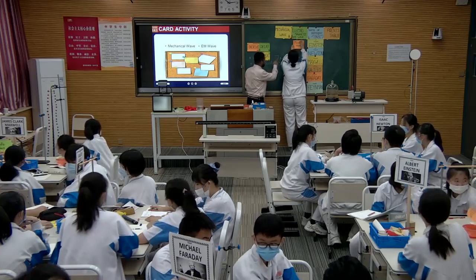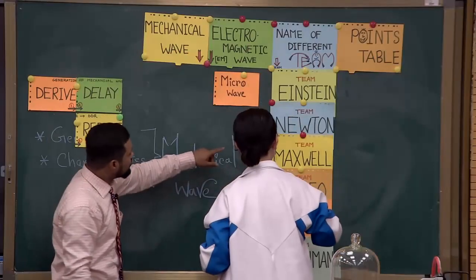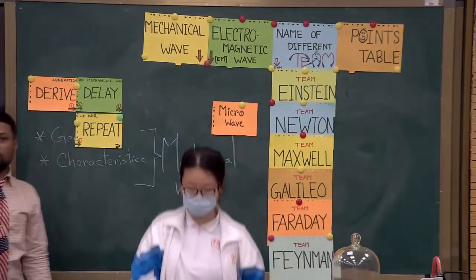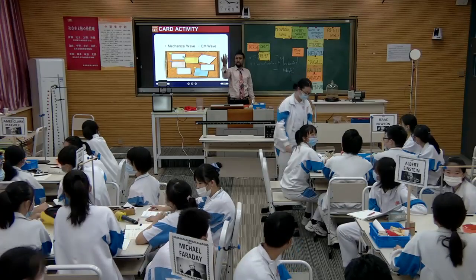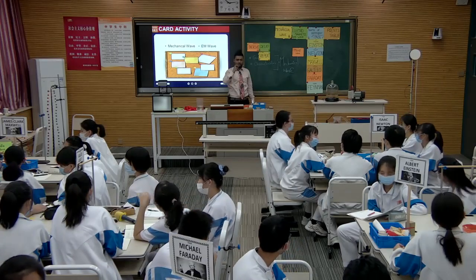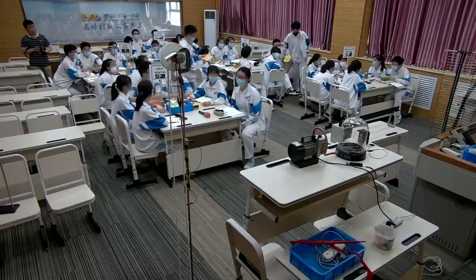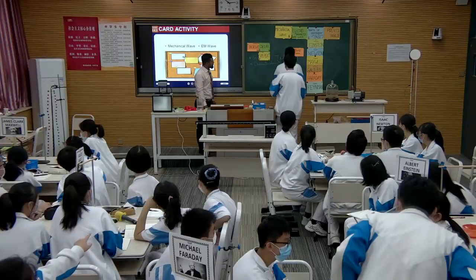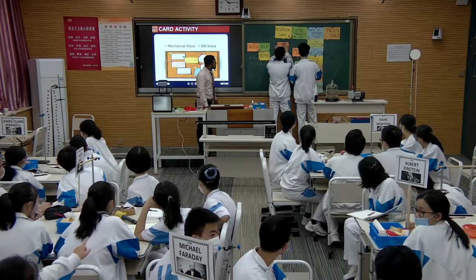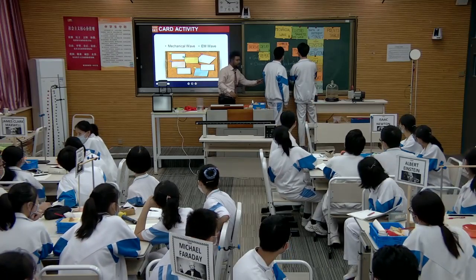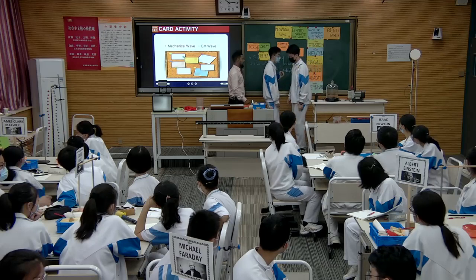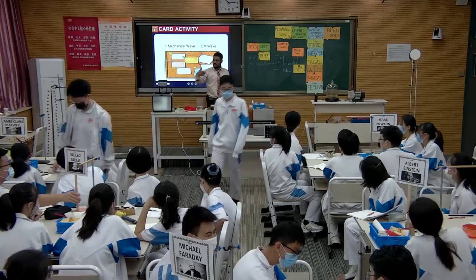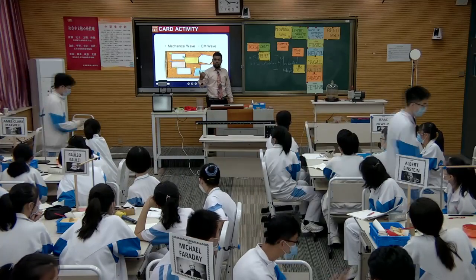So what's your group name? Newton. Yeah, put it here. Yeah, that's good. Okay, so next, all groups come quick. Only the leader of the group, come very quick. Your group is Einstein. That's good. Your group, Galileo. Very good. All right. You two groups, come quick. Is the discussion done? Who's left?